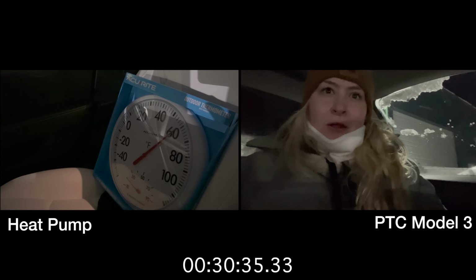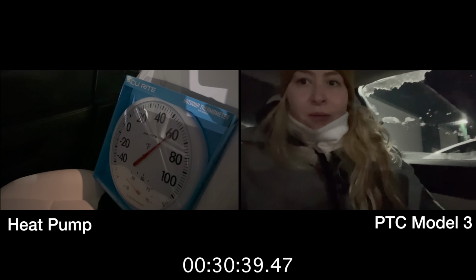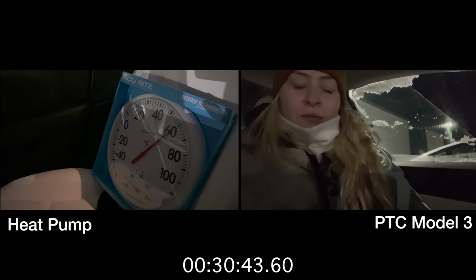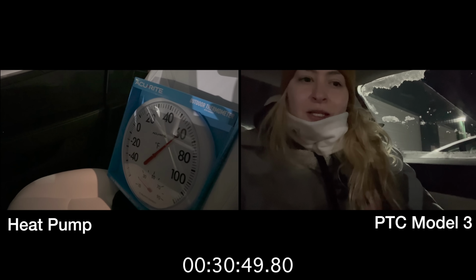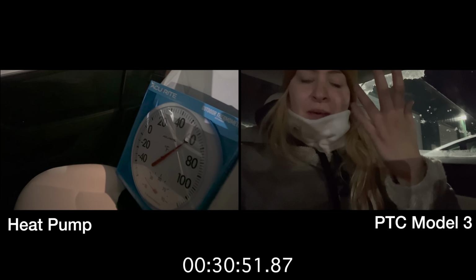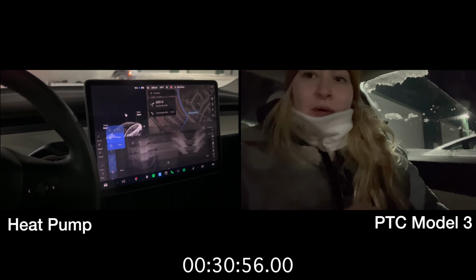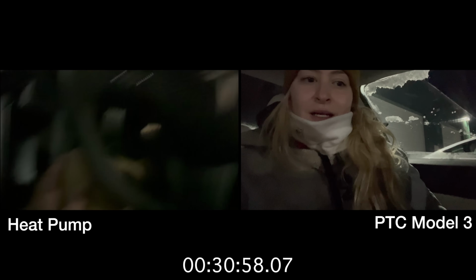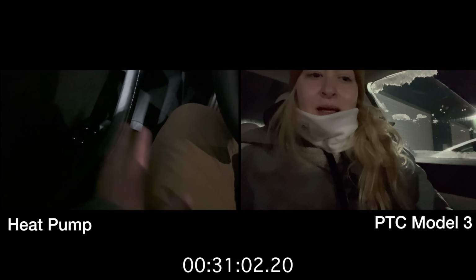So we're about 30 minutes into this test, and I would say I'm at a comfortable temperature now. But when I would turn off high is when it feels like it's burning me, or it's making my eyes hurt. I'm definitely not at that point, but I am at the point of comfort that I would be fine to drive. I think that has a lot to do with the heated seat that I have on,